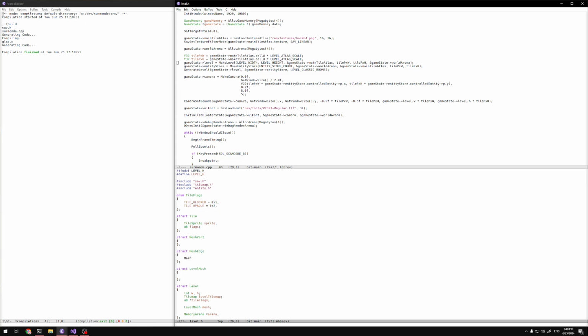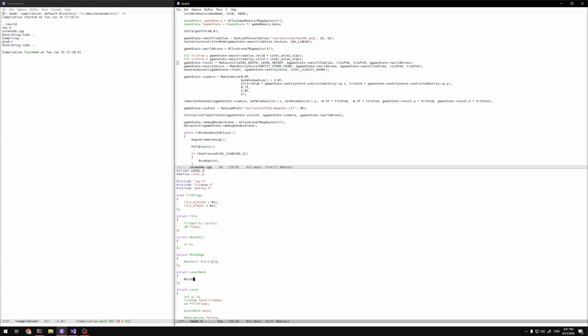And then here we can have mesh vert pointer verts, and we store 2 pointers, 2 verts. And then a vert will just be a vector 2 p,